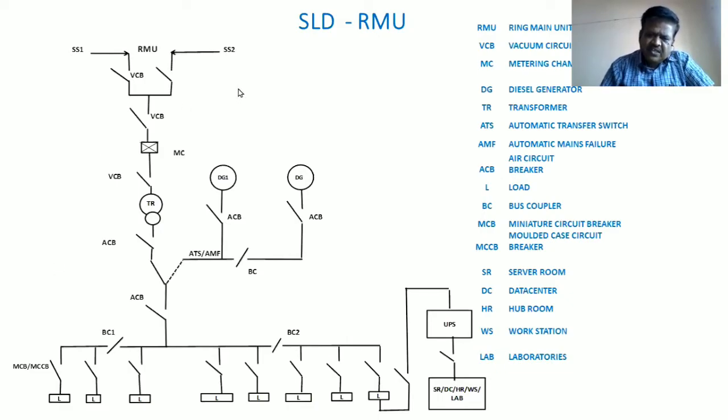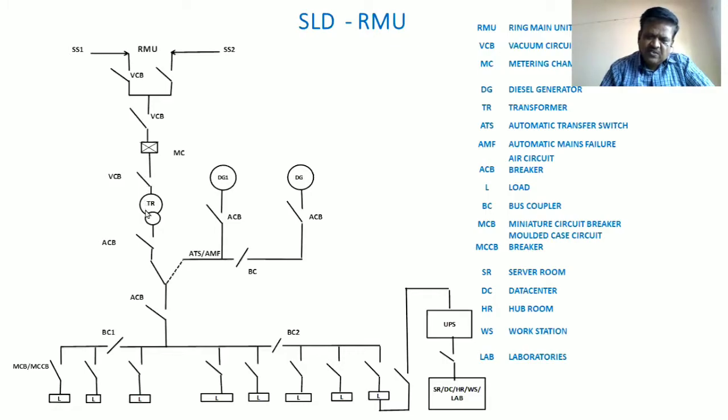And now your system works like this. Now we are getting EB supply from this substation. This is closed and this is closed. This is the metering chamber where you're supposed to take the different readings of data, that is kVA, kW, kVAh, kWh, maximum demand and power factor and all these things, HT side reading.